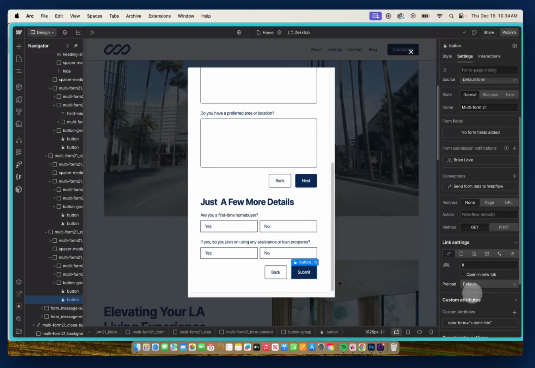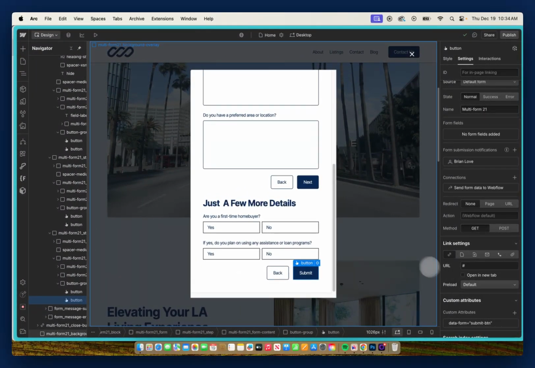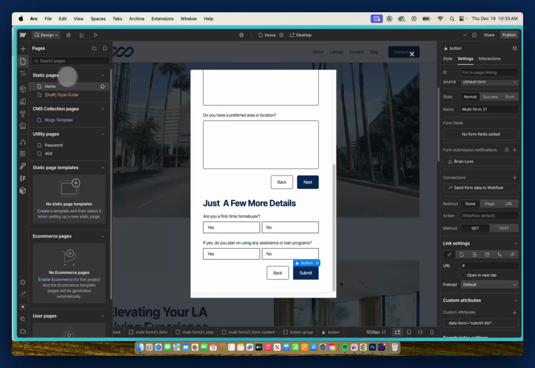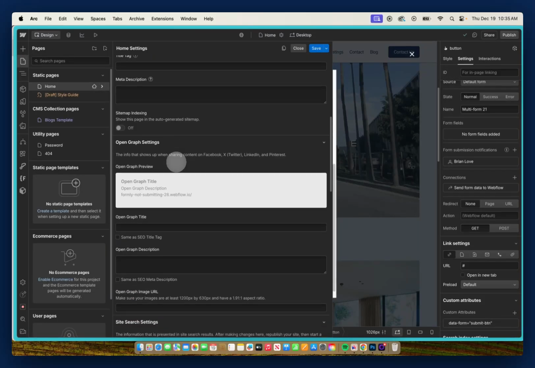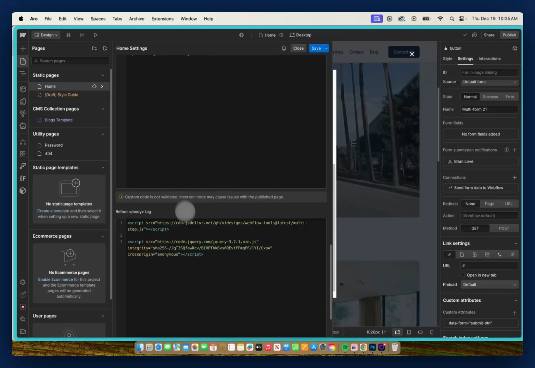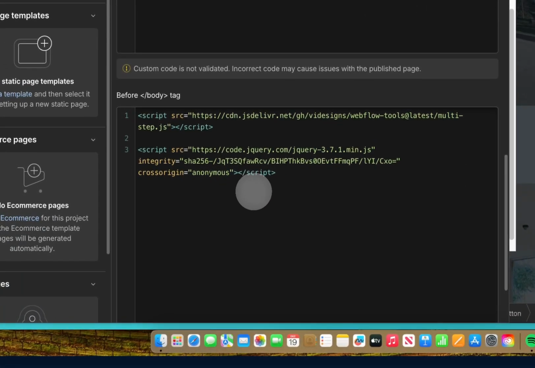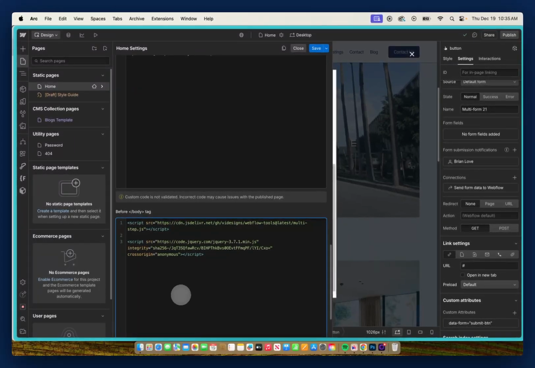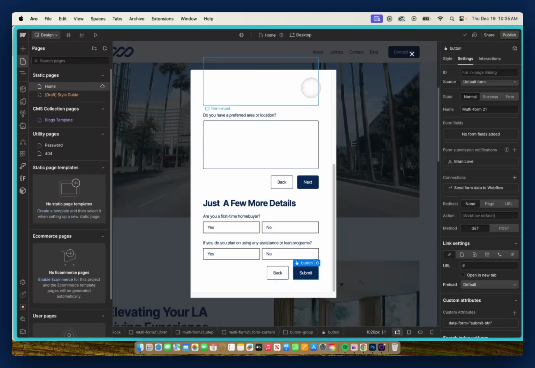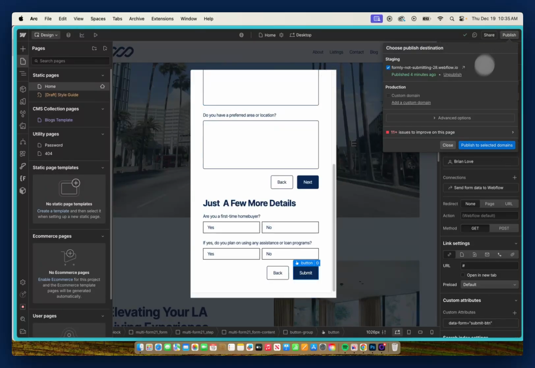So you're probably wondering, why isn't it submitting? Well, the answer is actually in my page settings. So if I was to open up the page settings and look at my custom code, I'm also running a minified jQuery. If I was to remove this jQuery script, save, and then republish,